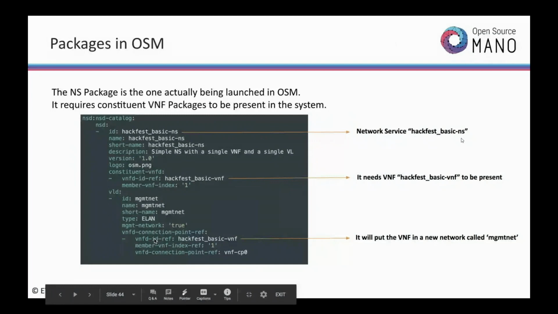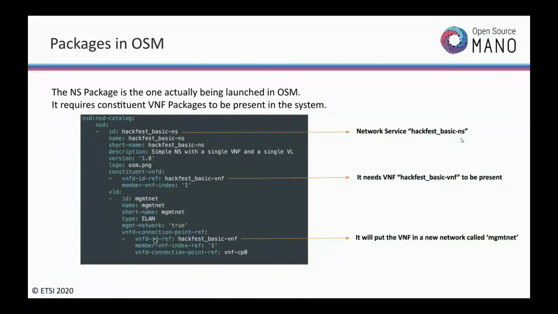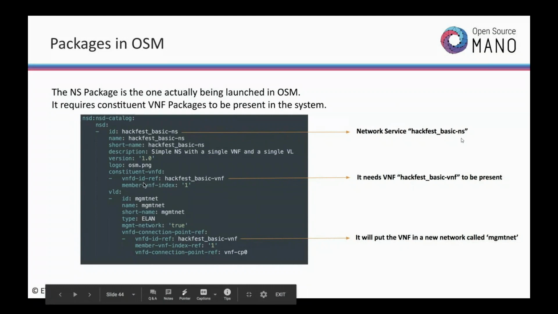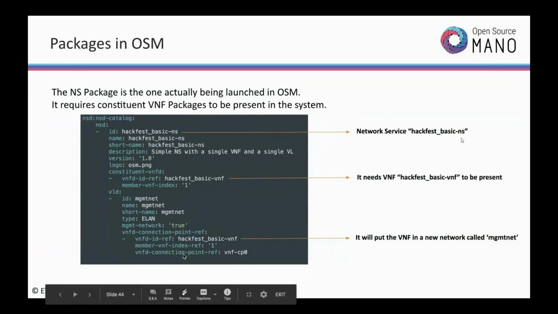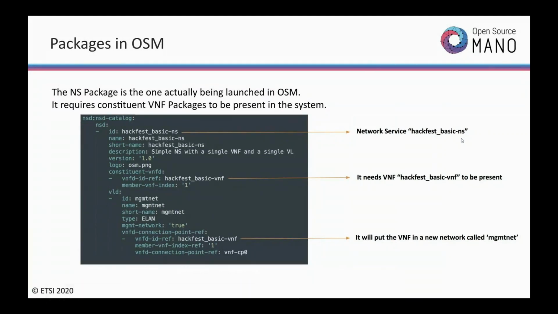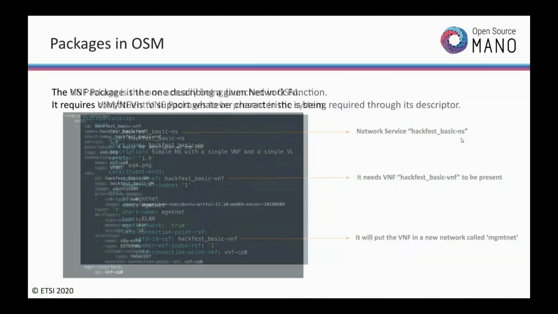If we want to connect another VNF to this same network service, we would put a second constituent VNF, and we would put a second connection point in the same network, for example. Or if we want to connect a second port of the same VNF in this network service, then we just put an additional connection point to the same VLD. Okay, so this is a basic example of a network service descriptor, and then a VNF descriptor